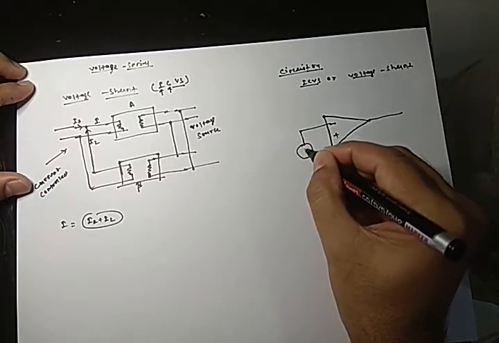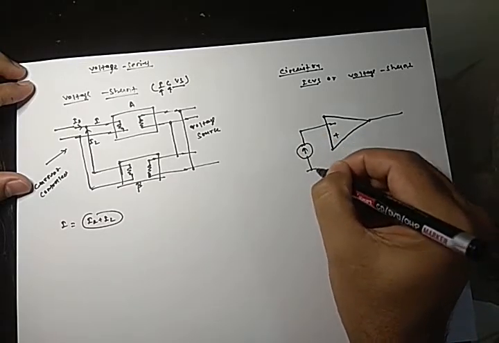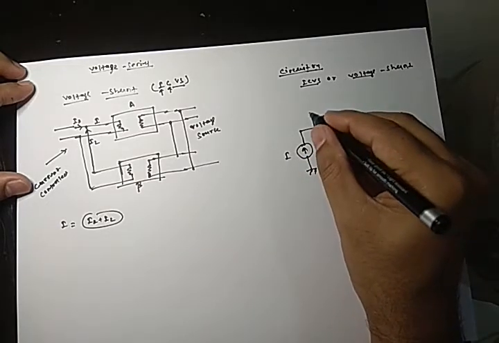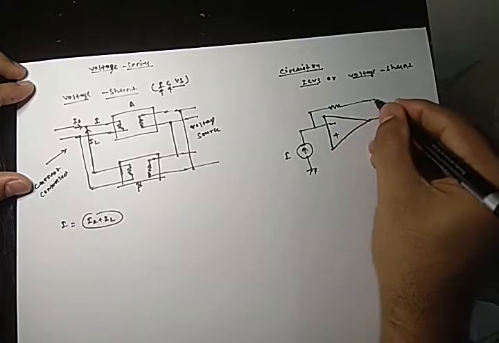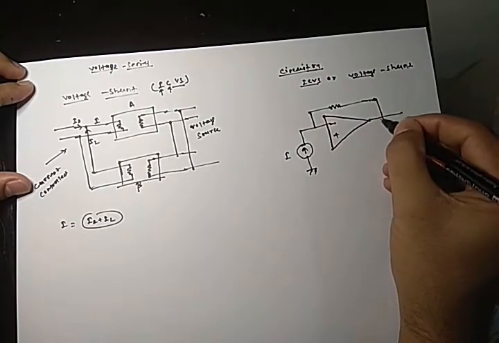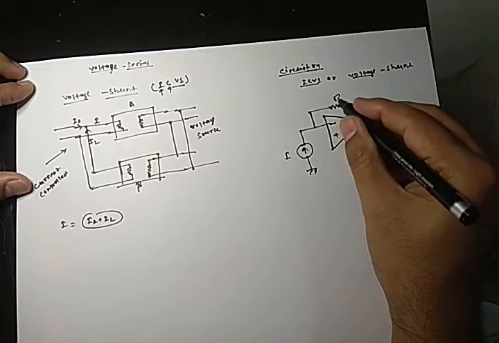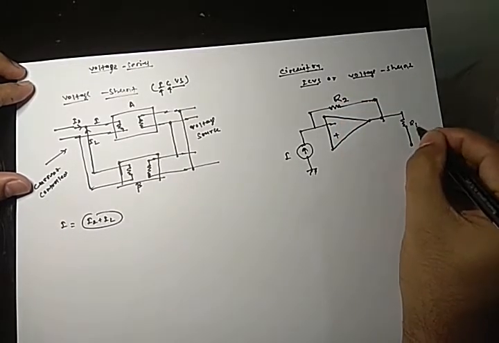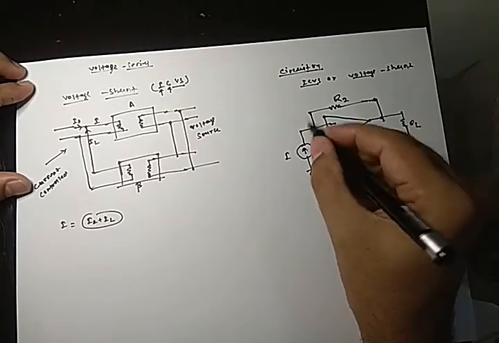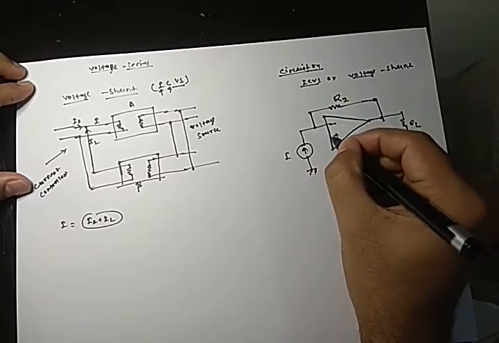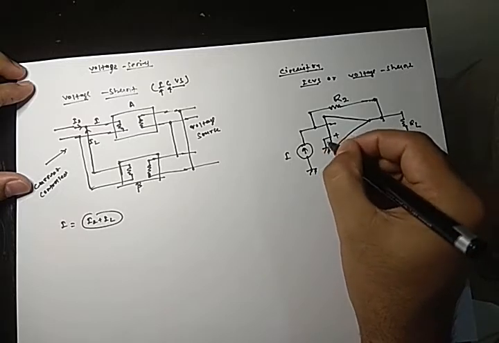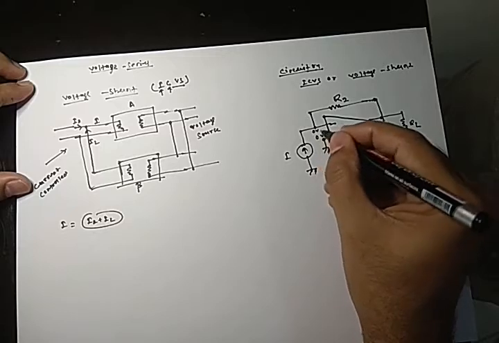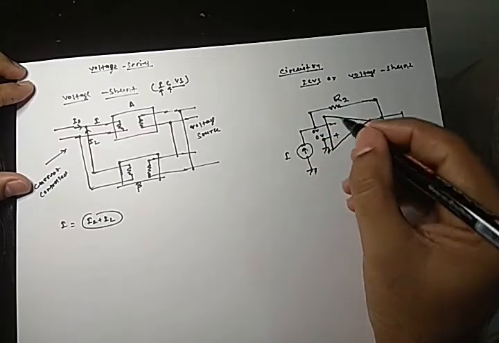Now this is current control. Now we are giving current I to the feedback resistance, because again the voltage is tapped, and this is the RL. Now this is your ground. Because of virtual ground, this will become 0 volt.